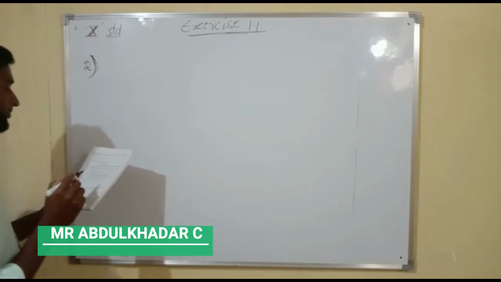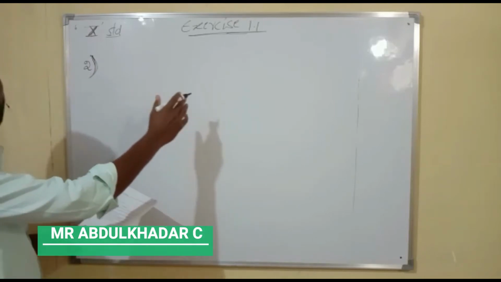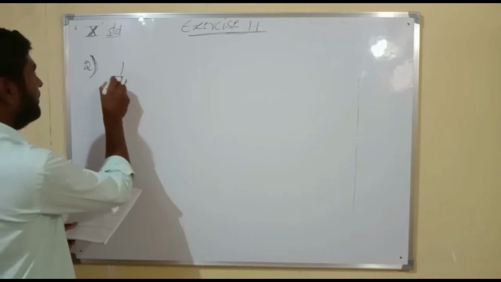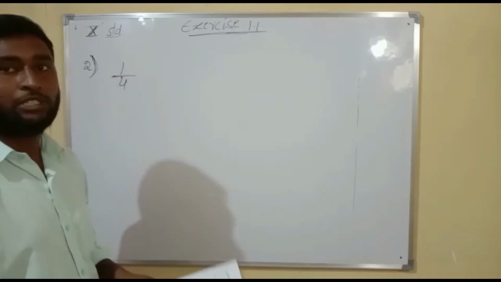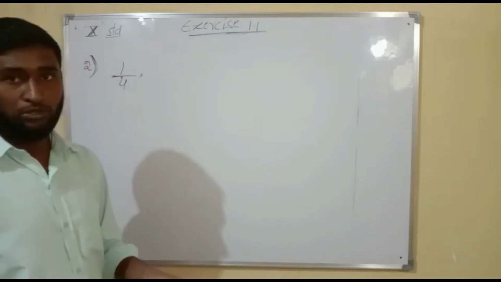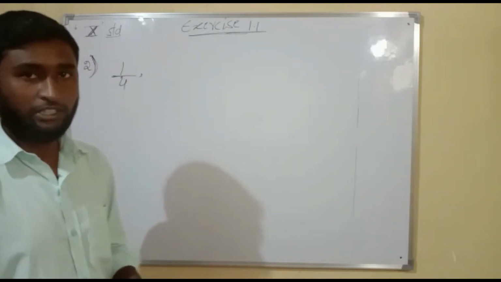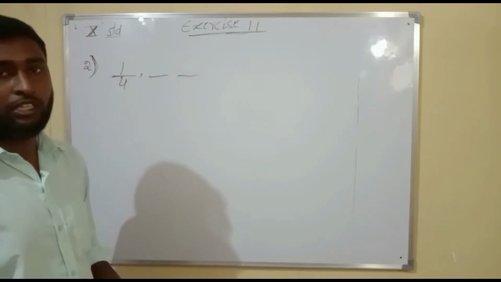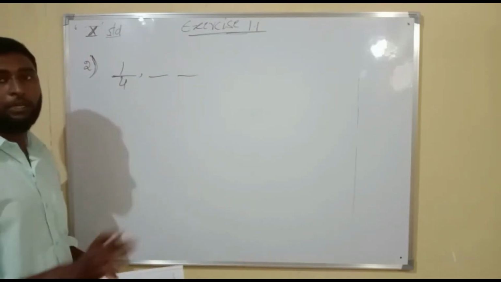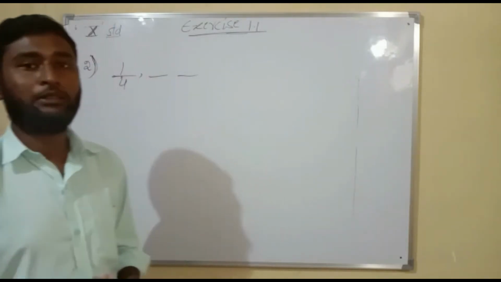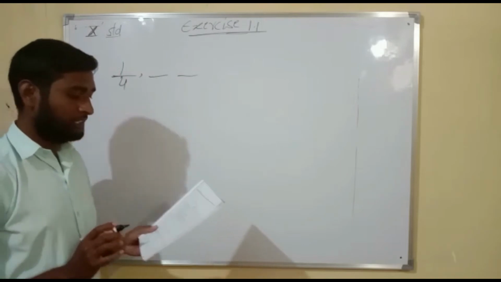That is because we are not getting a sequence here. For the first time we are removing 1/4 of the gas present in the cylinder. For the next time, if you want to remove, there is no gas in the cylinder, so we do not get the succeeding terms here. So it is not in the form of an AP. The second situation doesn't match an arithmetic progression. Okay, understood?